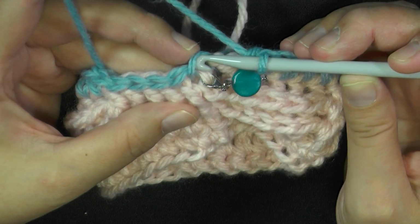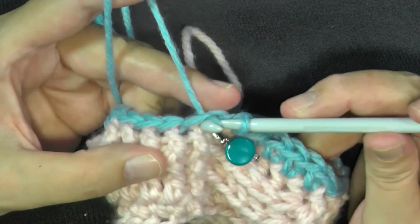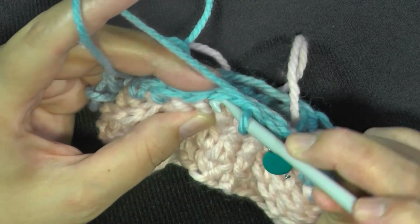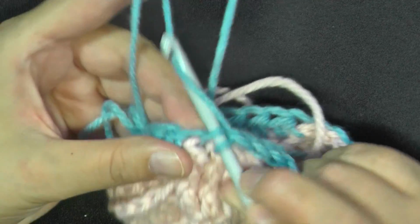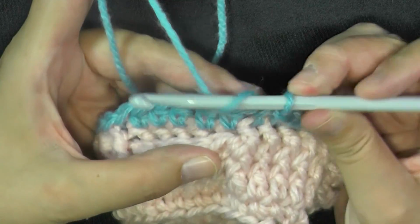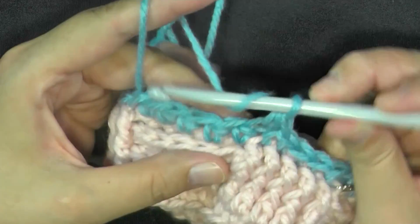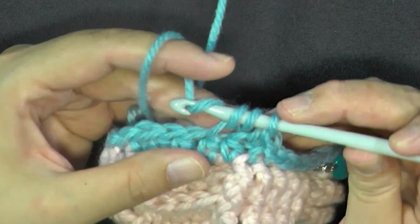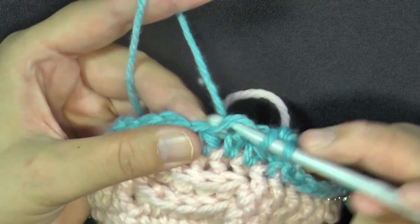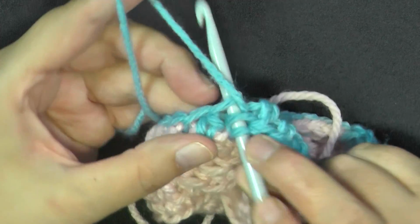So we're working our next set of slip stitches using the front loop only. We'll do our 5 slip stitches, 1, 2, 3, 4, and 5, and then we'll be working our half double crochets in our front post. So pick up your very first front post here. So that's 1, 2, 3, 4,